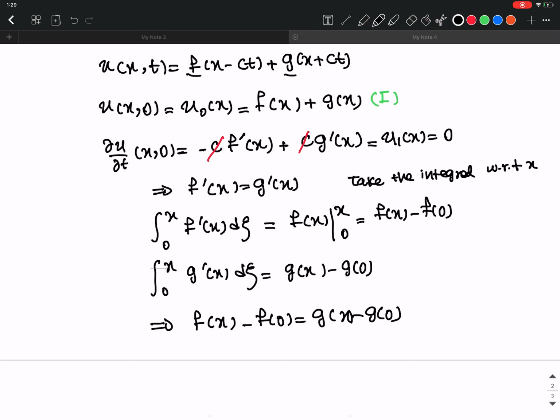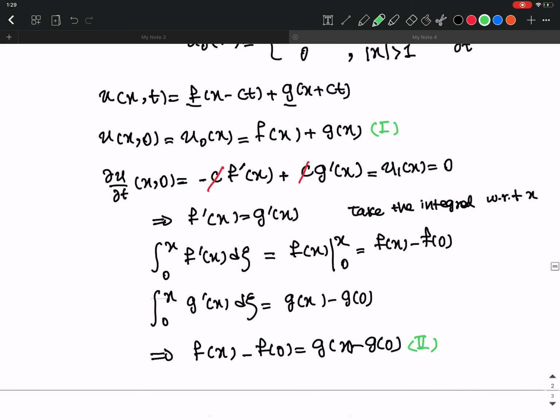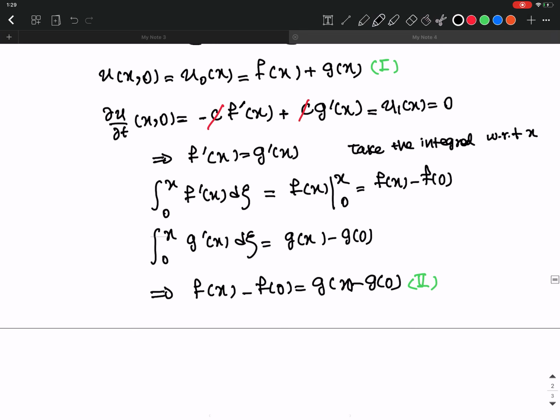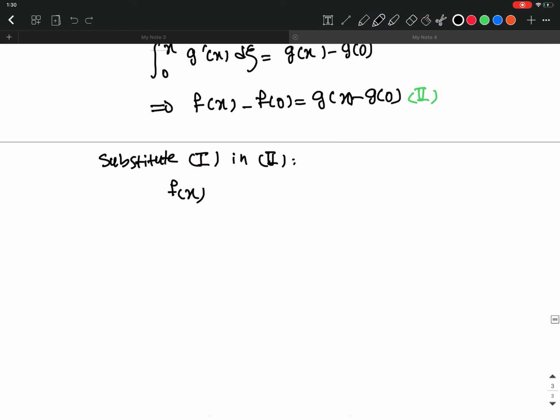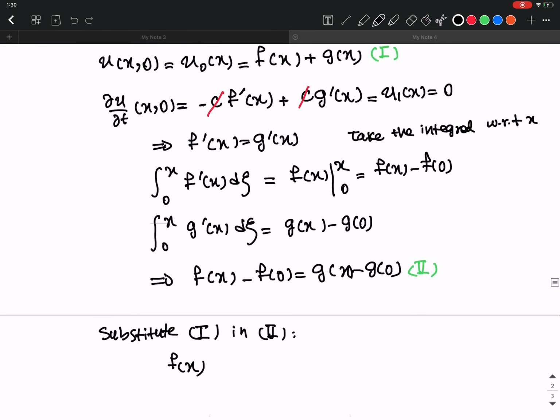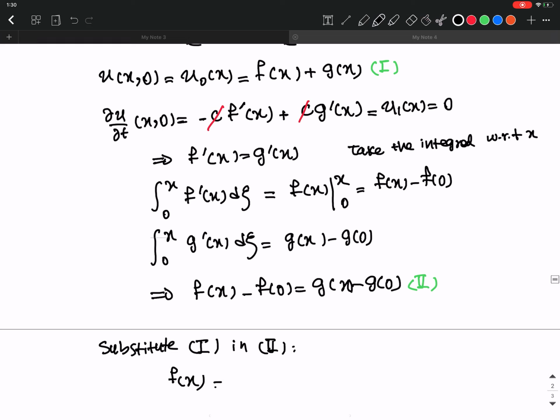Okay, so this is the second equation that we can find from the initial condition. And now what I'm gonna do is substitute one in two. So I'm gonna get, to find f(x), f(x) equals to, so let's see what we have. f(x) equals to,